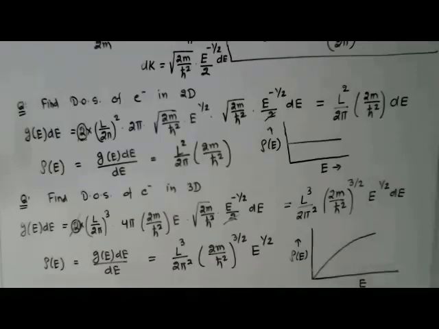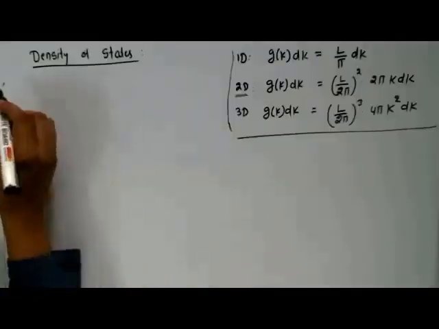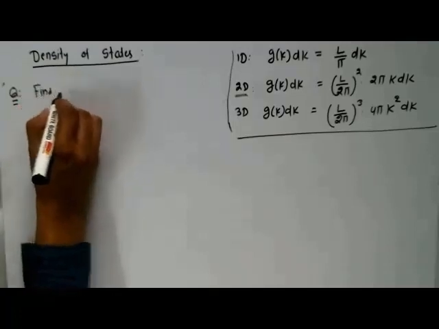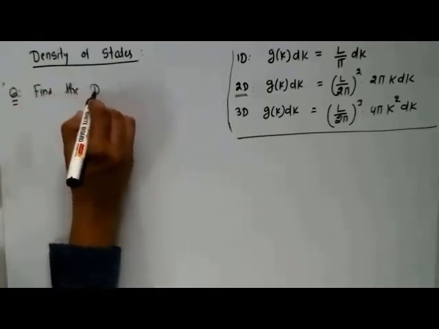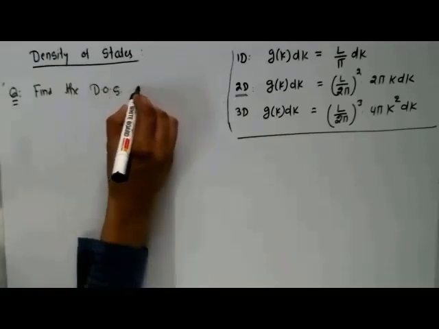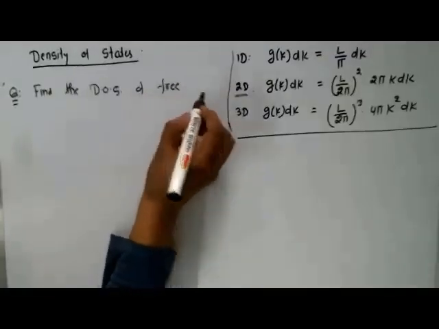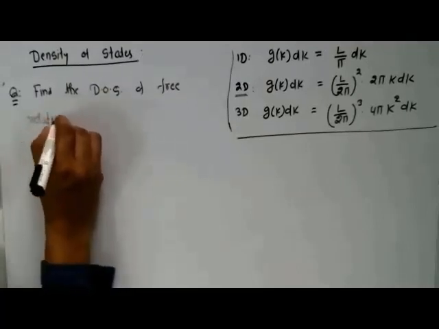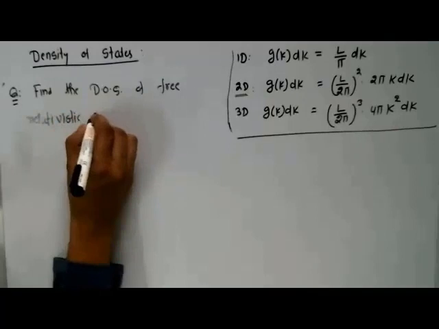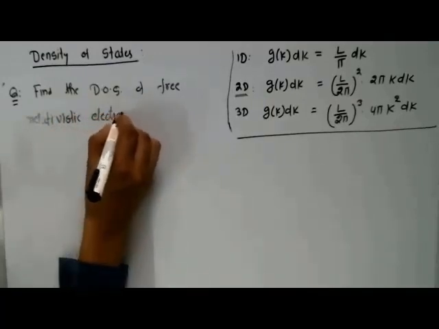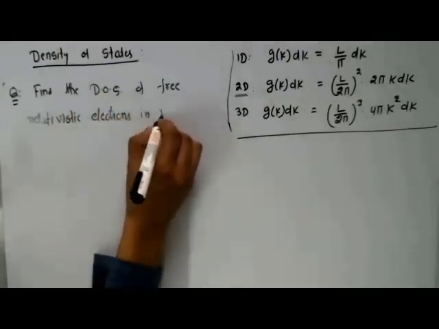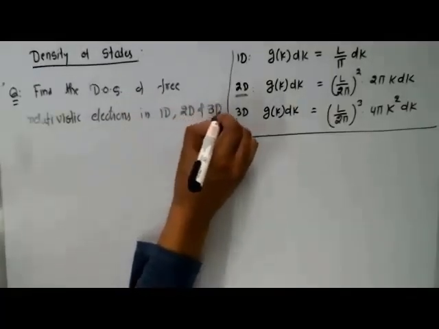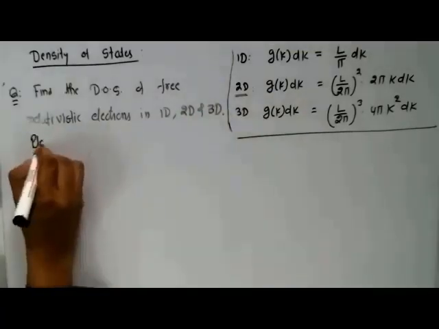Now write down the next question. So the next question is, find the density of state of free relativistic electrons in 1D, 2D and in 3D. Also plot